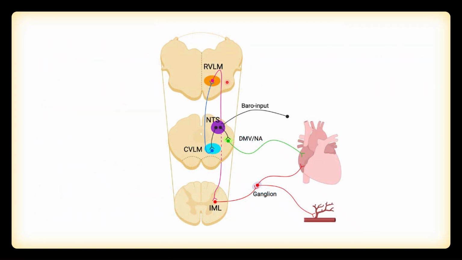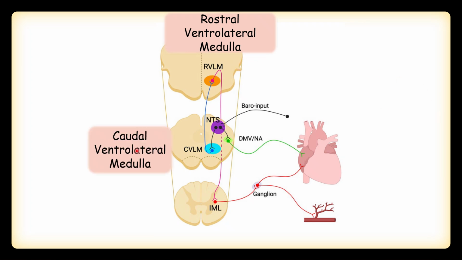First, we will see what are all these cardiac centers present in the brain and spinal cord for the control of heart rate and blood pressure. First, we are having this RVLM. RVLM is rostral ventrolateral medulla. Next, this is caudal ventrolateral medulla. These are the two main centers which are present in the brain for the control of heart rate and blood